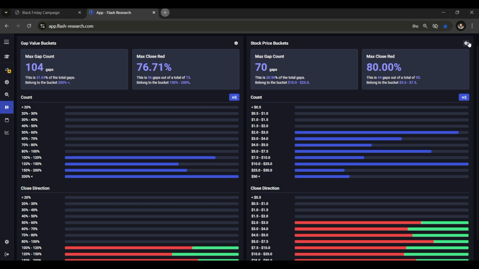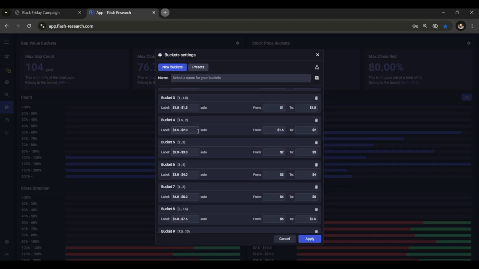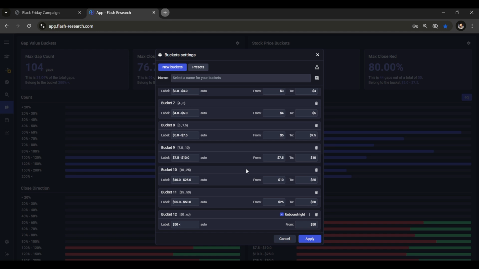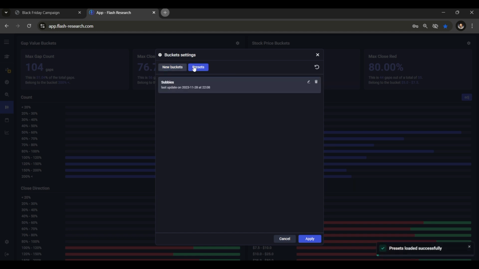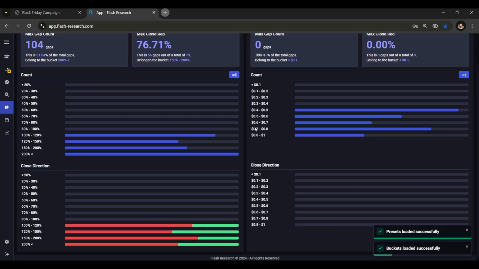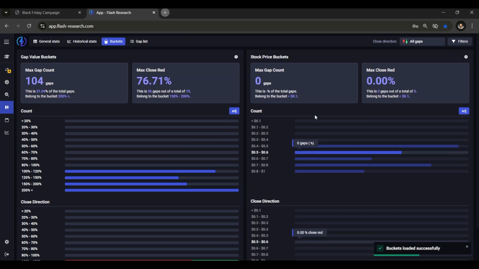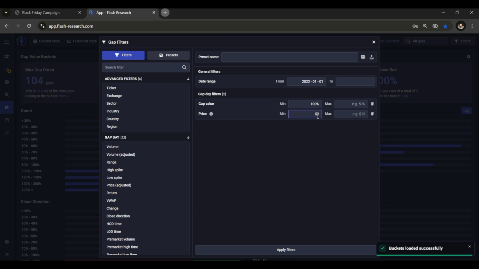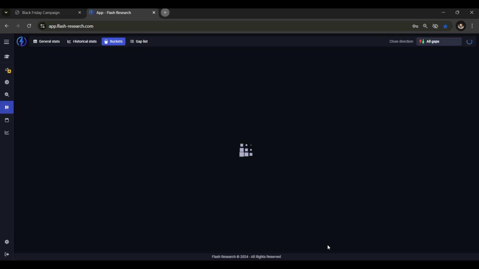And not only that, you can also make custom searches, custom buckets. In this case, I'm going to show you a preset that I have saved, in this case for sub dollars. Apply, and you will see these sub dollar marks. And in this case, it's going to be better if I delete this filter, and you will